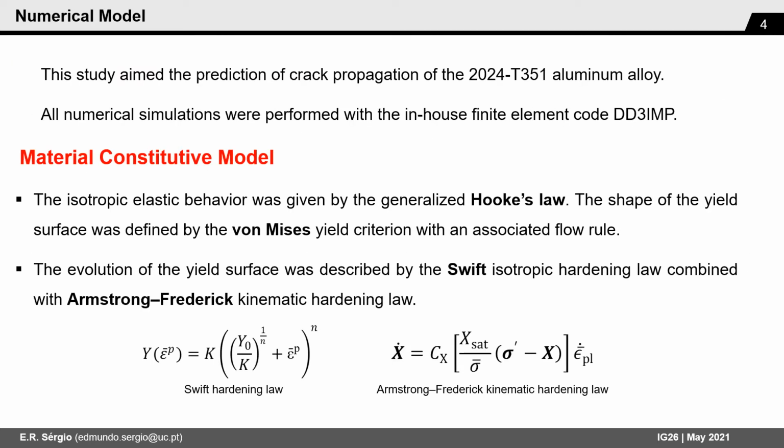The considered numerical model predicted FCG by releasing nodes each time plastic strain reached the critical value. The material isotropic elastic behavior is modeled through Hooke's law. The yield surface is given by von Mises yield criterion, and the hardening of the material is predicted through